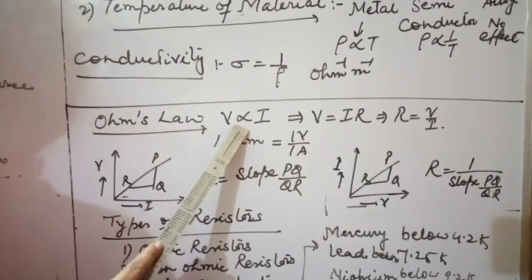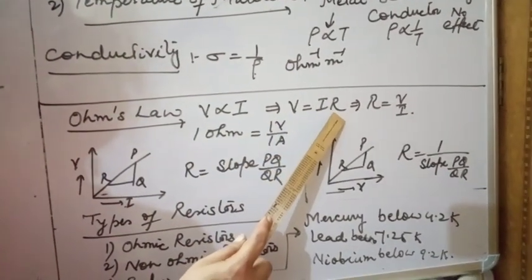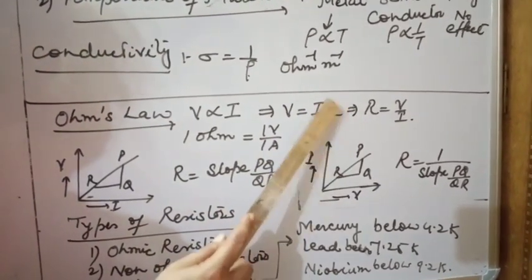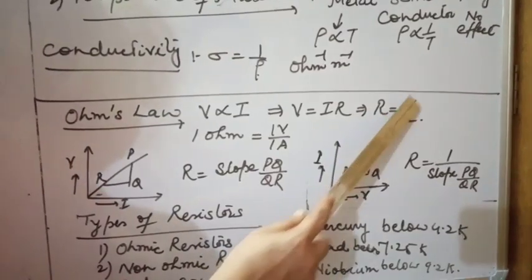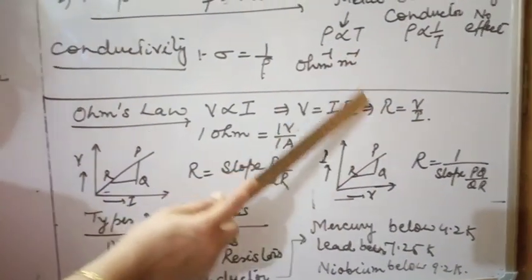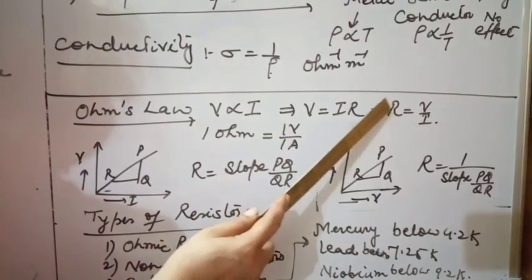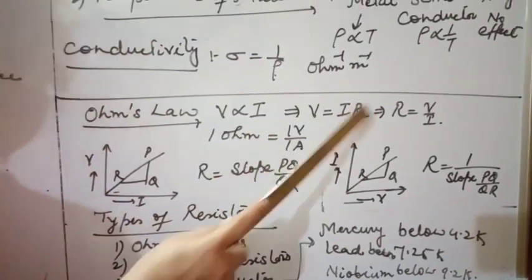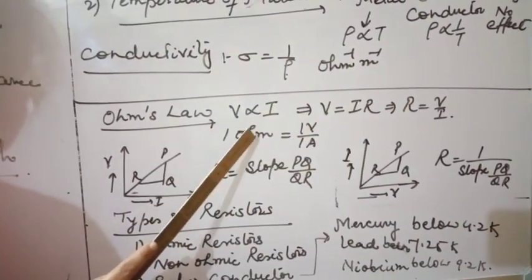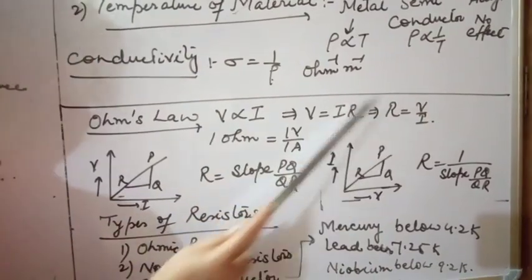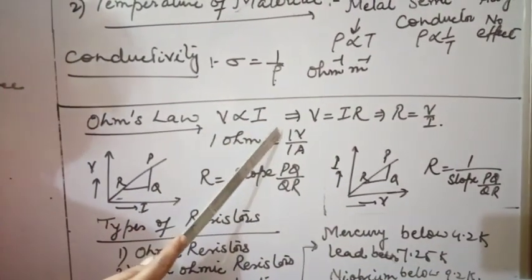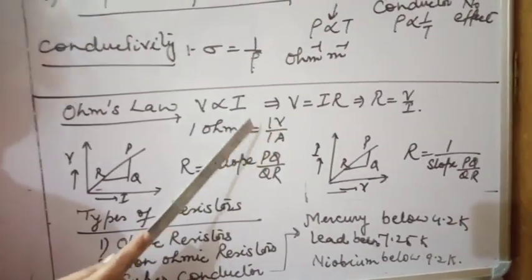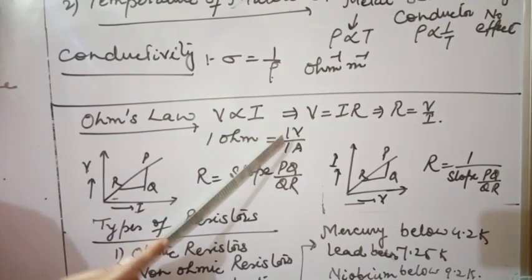So remove this proportionality sign and change it into an equal to sign. I will use one constant, called R, the resistance of the circuit or resistance of the appliance connected in the circuit. In this way, R is equal to V upon I. Earlier you have done resistance and the unit ohm, but I didn't explain the definition of ohm. So I will define ohm on the basis of Ohm's law. If I consider this formula, R will be 1 ohm, voltage will be 1 volt, and current will be 1 ampere. Obviously, if the potential difference across the circuit is 1 volt and 1 ampere current is flowing in the circuit, then the resistance of the appliance will be 1 ohm.